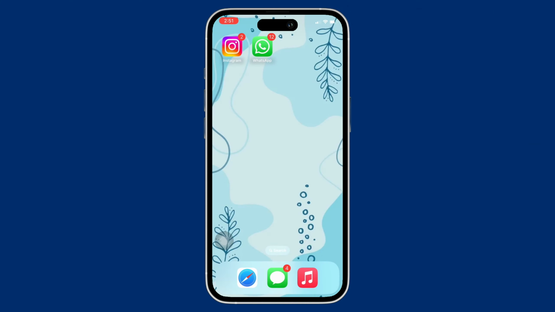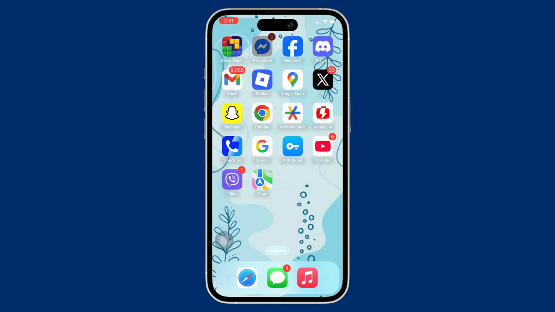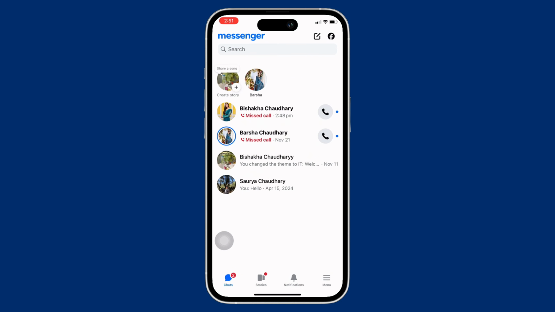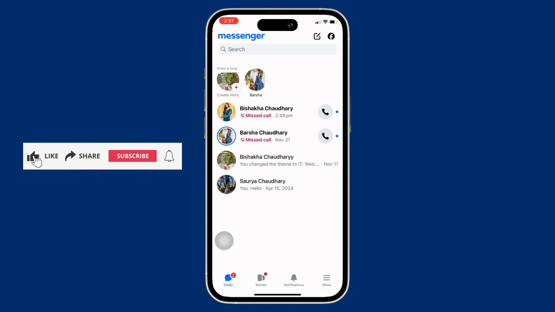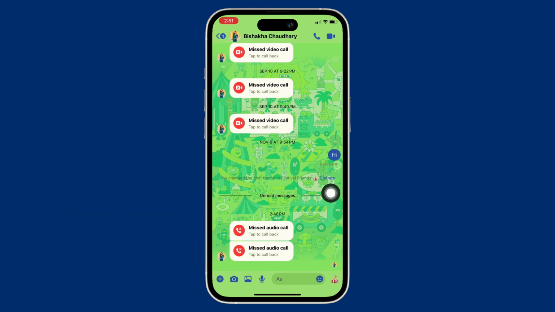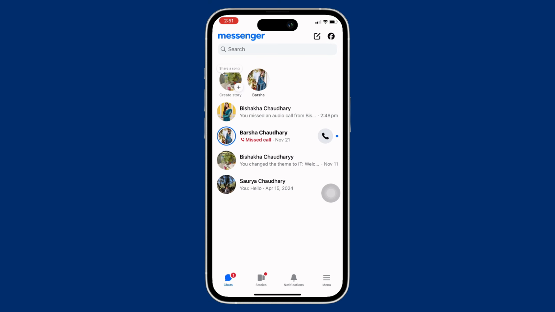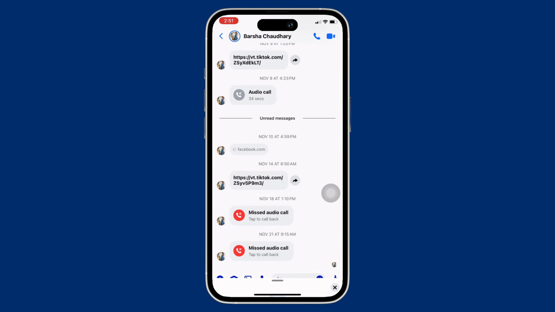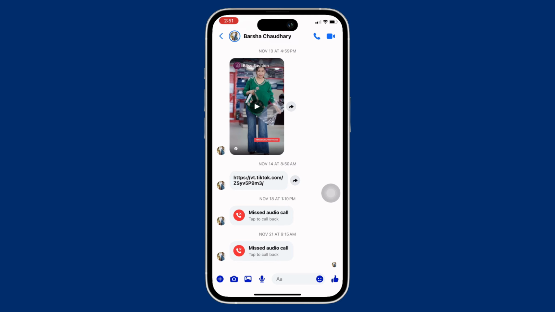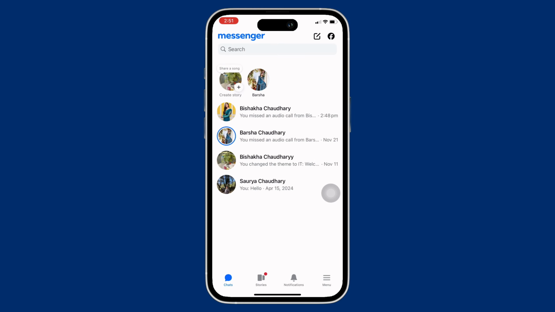Now let's get right into the tutorial. Firstly, go ahead and open the Facebook Messenger application on your device, as Facebook call log history is connected to Messenger. Now here, once you have opened Messenger, you can simply go ahead and open each conversation and view the call log history. However, that might be a hassle and a long process to view each and every call log